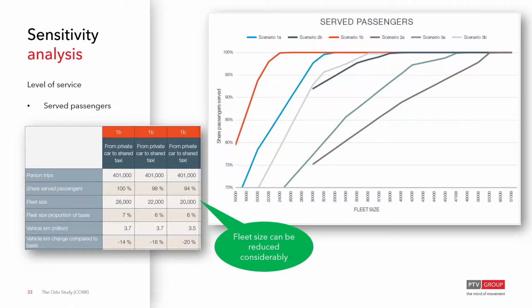The scenario we did was from that original 1B, we reduced the fleet size from 26,000 down to 22,000, down to 20,000. There is a repercussion. You don't serve everybody. So in the 20,000 fleet, you only serve 94% of the people. Now, I said at the beginning, one of the criteria is we want to give everybody a ride. But at what cost? At what cost to the operator? Well, the cost here is another 6,000 vehicles, which is almost 25% increase in capital cost in vehicles, never mind the maintenance and running of them. So you can save the operator a lot of money here.